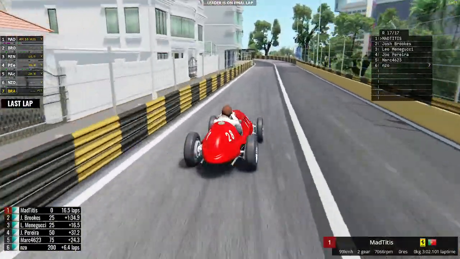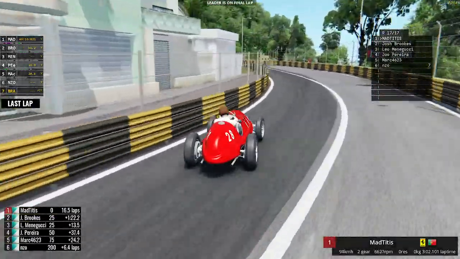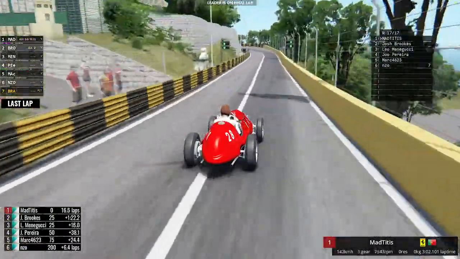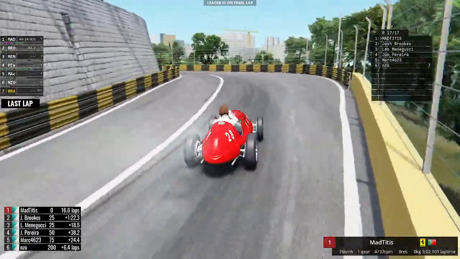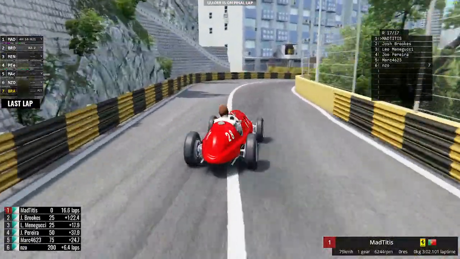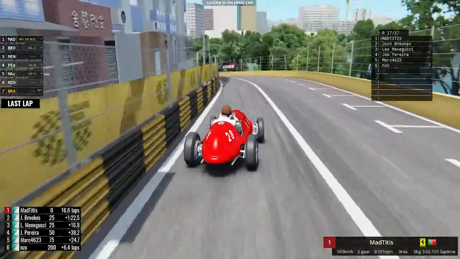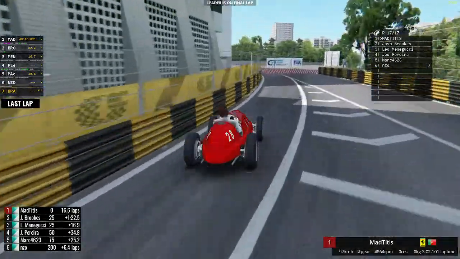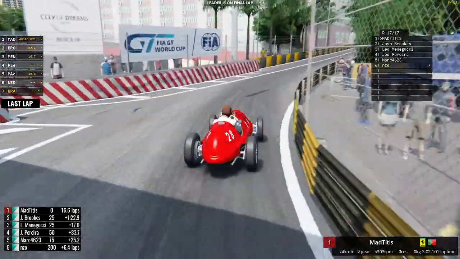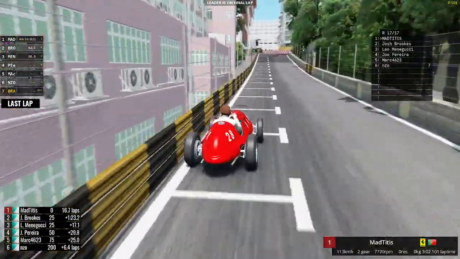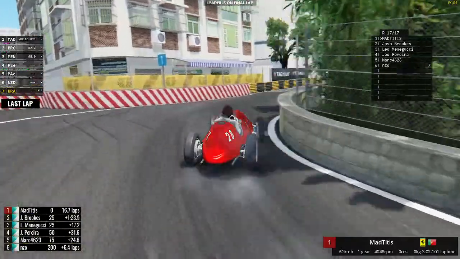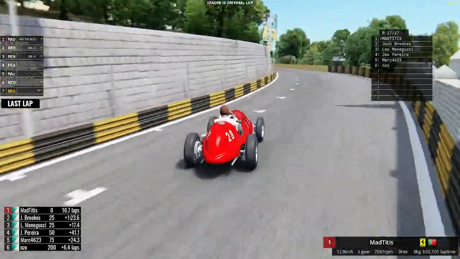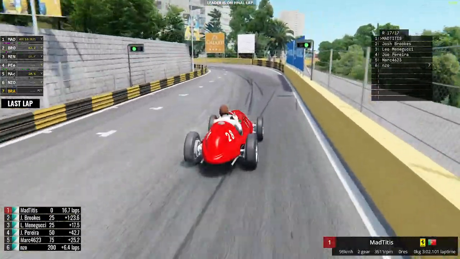Through turn 11, linked up with turn 12, holding on well, rotate the car. A lot of oversteer, it looks like, in these cars compared to a normal car. A large slip angle, if you want to get technical, into turn 15 downhill, just easy to build a lot of power. You've got gravity and the power of your engine helping you, but of course then it works against you as you're going into turn 17, trying to slow the car down up towards turn 18, uphill, helping you brake ever so slightly. Bit of oversteer on turn 18 towards turn 19,